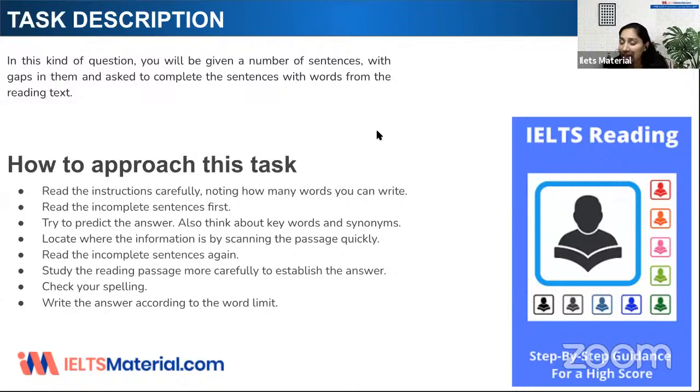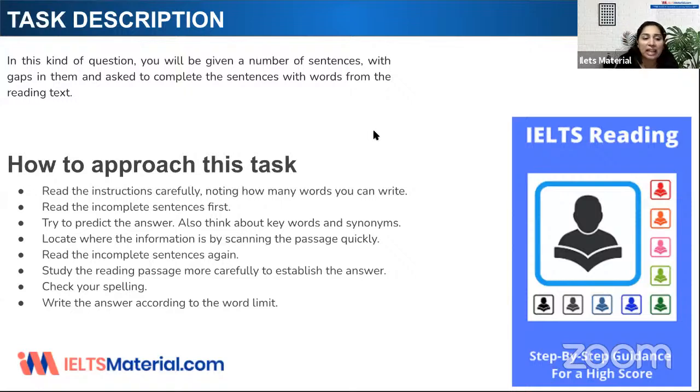Okay, so this is the easiest way that you can take for sentence completion, and also focus on the grammatical way, right? We need to check that the answers are exactly according to the grammar or not. Okay, so that is very important. Please do that. When you find the answer, place the answer in the blank and read the complete sentence. You should be able to read the sentence grammatically correct. If you feel that somewhere it is going incorrect, go to the passage again and try to understand the sentence in the passage, and then make it grammatically correct when you're coming back to the question. So this is also very important, right?